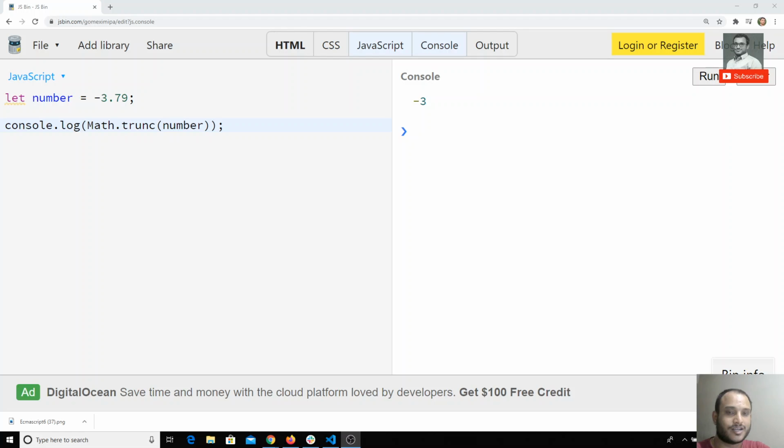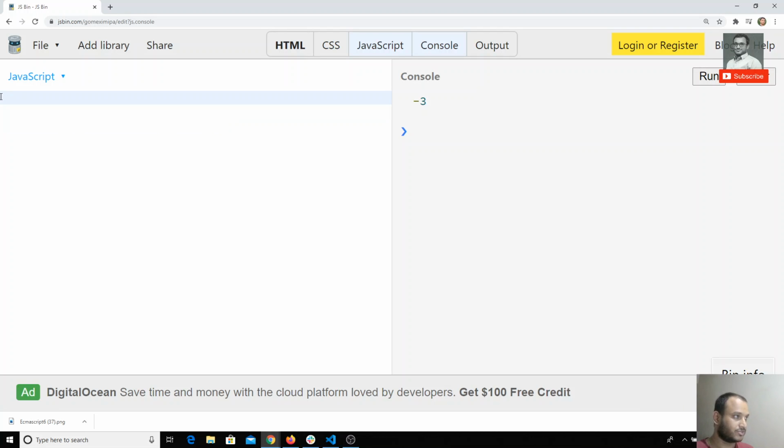But mostly I will be using these three methods, so I will write them here. These are the new features added in ES6. For example, let's assume I have let name equal to Leela. Okay,